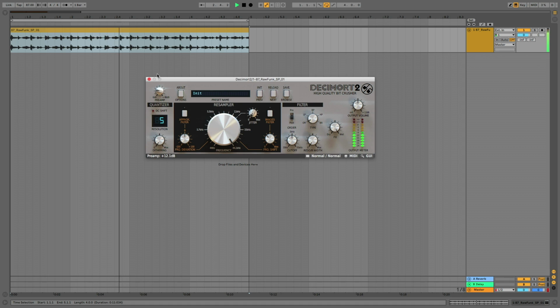Oh, that's where the goodness happens. And also, there's a filter as well, which is a nice touch. Let's have a bit of bandpass fun. And you can mix the dry signal back in. But what I imagine a lot of people will be interested in is the